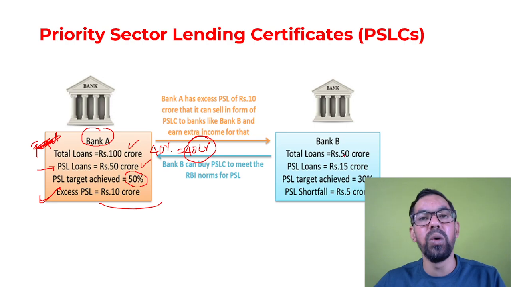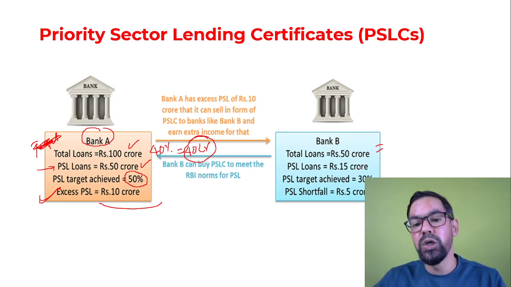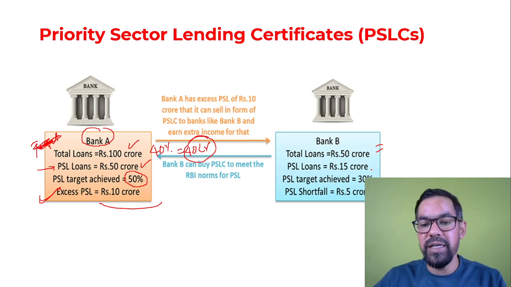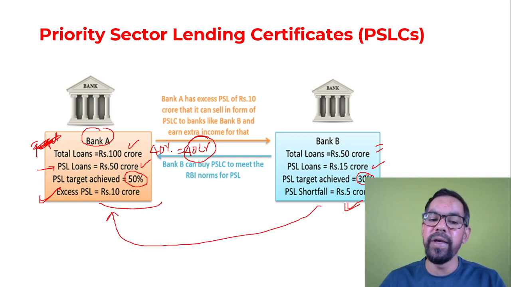Another bank's total loan is 50 crore rupees. So they have to lend 40%. 40% of 50 crore is equal to 20 crore. So they have to lend 20 crore. They achieved the PSL target by only 15%, so there is a shortfall of 5 crore. And now for this 5 crore rupees, they can buy a PSL certificate